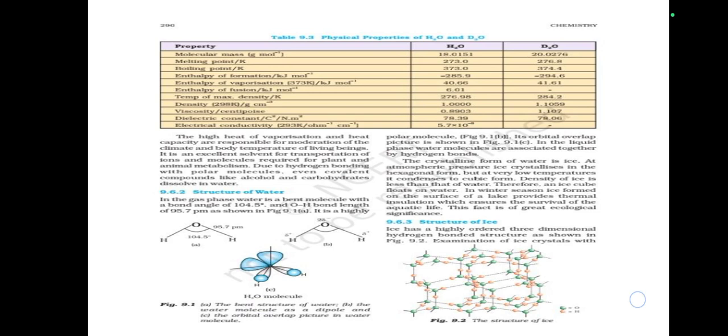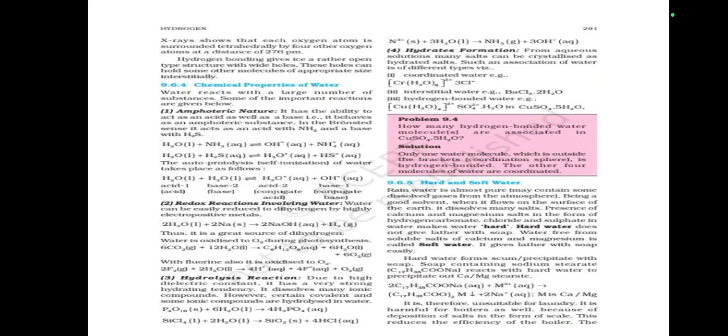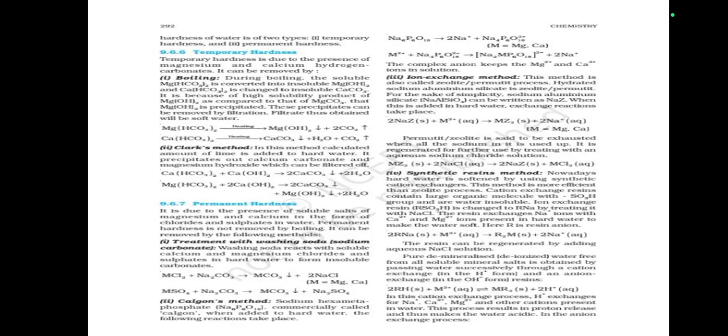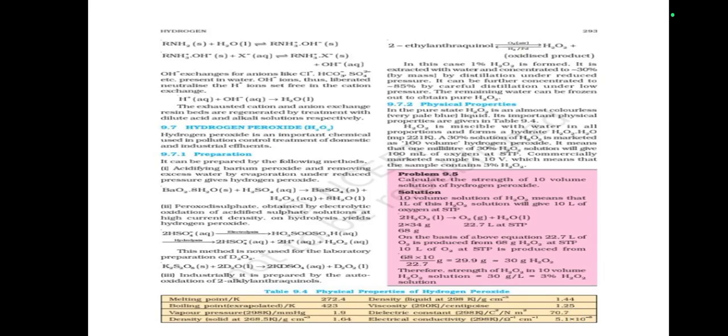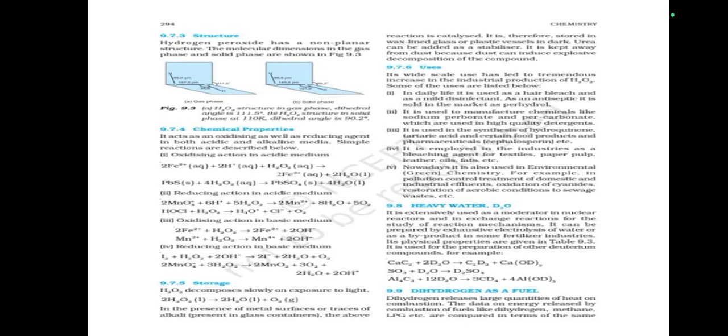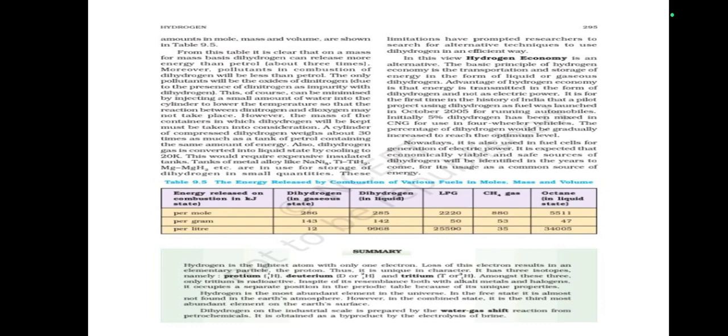then chemical properties of water, then hard and soft water, then temporary hardness, boiling, Clark's method, permanent hardness, treatment with washing soda, Calgon's method, ion exchange method, synthetic resins method, hydrogen peroxide preparation, physical properties, structure, chemical properties, storage, uses, heavy water, D2O, dihydrogen as a fuel, then summary।